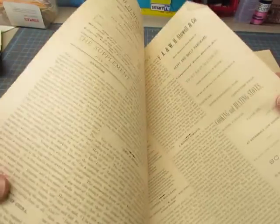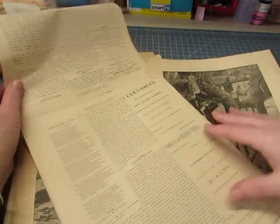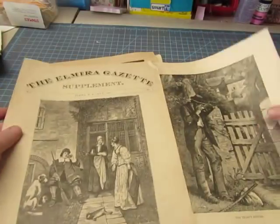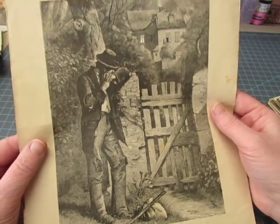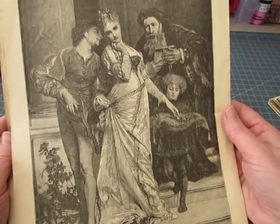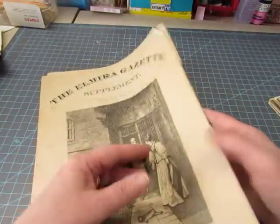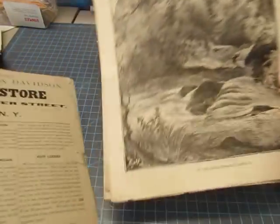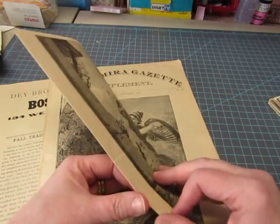They just fell apart. They were connected. I think they opened up into a 4-sheet spread, but it fell apart. But that's okay, because I just want to scan the images in. A friend that I was there with said they'd be wonderful in frames, so I offered him some of them. But like I said, he wants this one. So I don't know if he's going to take me up on the offer or not, but